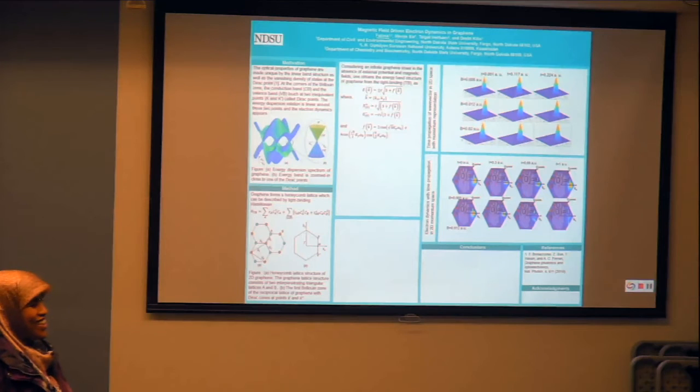You said your bottom one's for graphene, right? Yeah, the graphene. We have a good discussion. So how can you do graphene without DFT? Teach us. Did you get the dispersions from your tight binding? So for your right figure, you have a free particle, so there's no potential to interact. No, there is no potential.